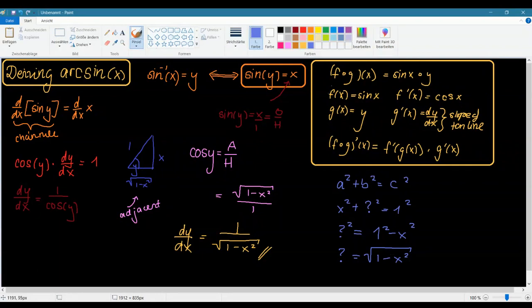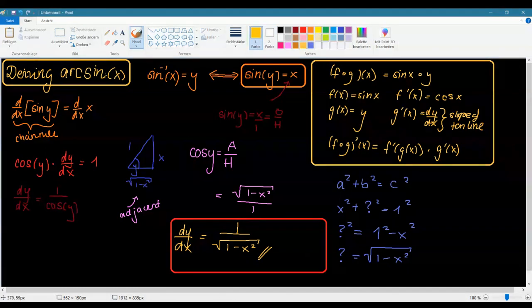So yes, this right here is our derivative of arcsine. Now maybe you want to actually write that so you remember that at the end you should always go back to your original notation. So this actually equals dy dx of sine to the negative 1